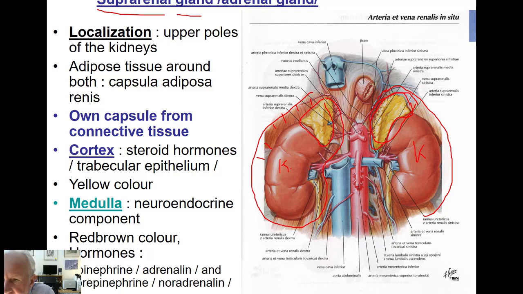We can distinguish in the middle part on a section the so-called medulla in the suprarenal gland, and the cortex is on the periphery and the medulla is in the center. So,